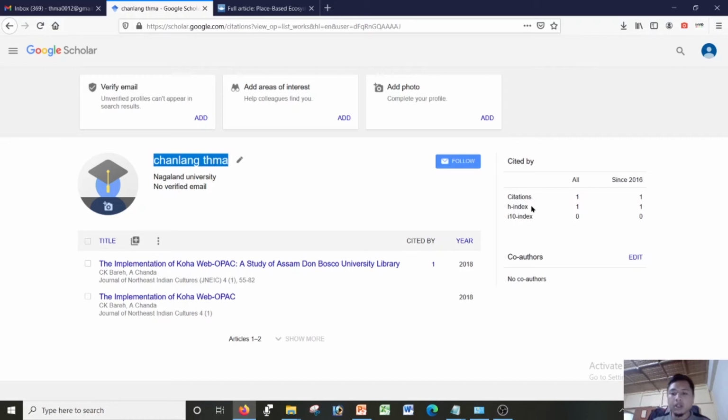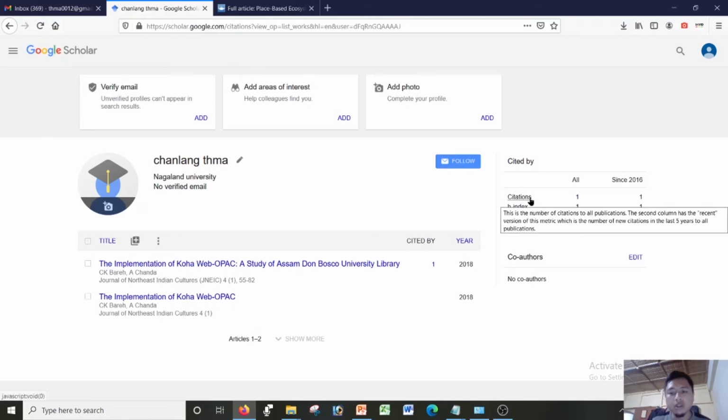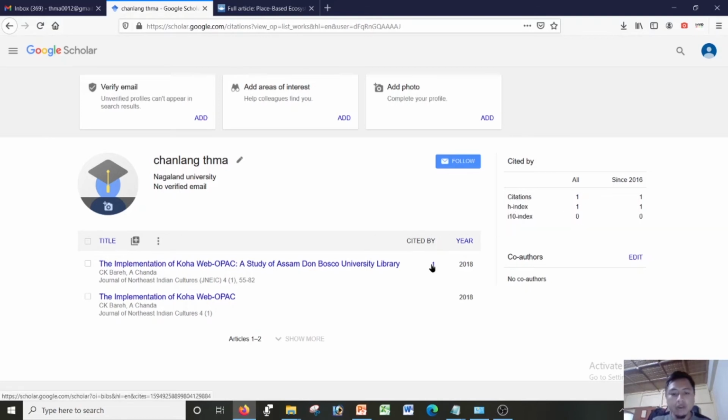Then the i10 index also gives you the number of papers that have more than 10 citations. So the metric system for H index and i10 index is given here, and a total citation count for all. If you click here, they also give you cited by so and so.